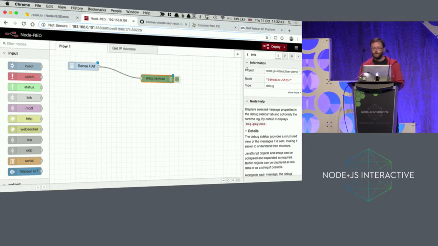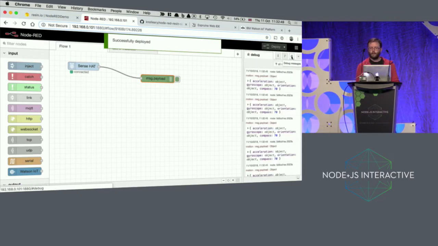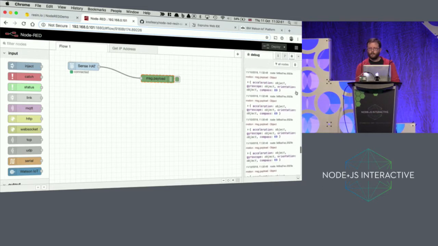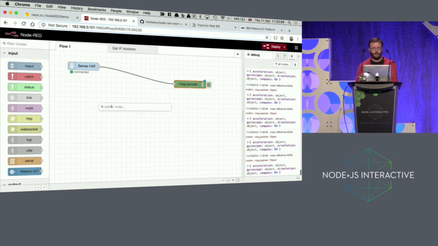The debug node is a really useful one. So I hit deploy. That's now running. And if I switch to the debug sidebar, you can now see this continual stream of messages. And unfortunately, for the motion events, it's doing, I think, 10 a second, which kind of makes it a little unwieldy to watch. So we can just drop in a delay node